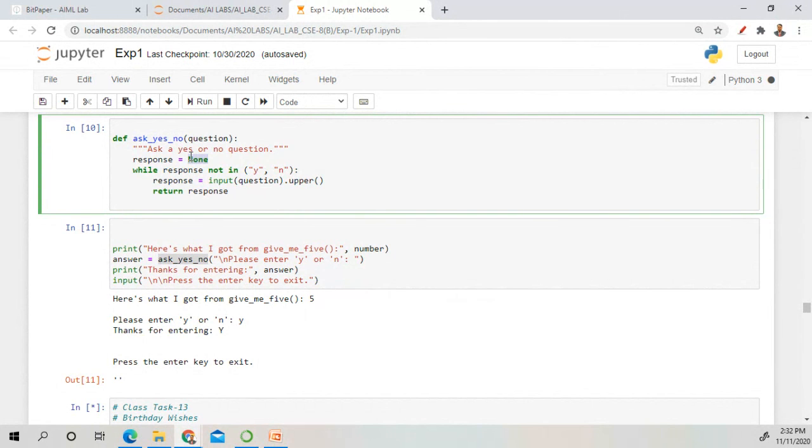Sir, Pankaj is saying, sir, I have completed experiment number 2 and uploaded it. Maybe should I do it again to add comments? If you have added, then it's better. Otherwise, no issue. Okay. All the outputs should be there. If outputs are not present, then there is an issue. Okay.